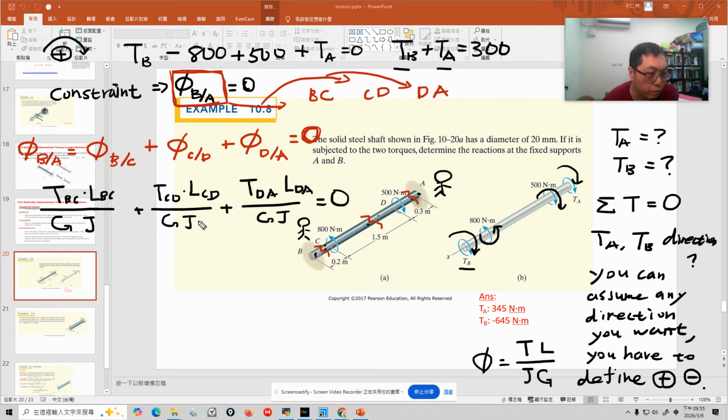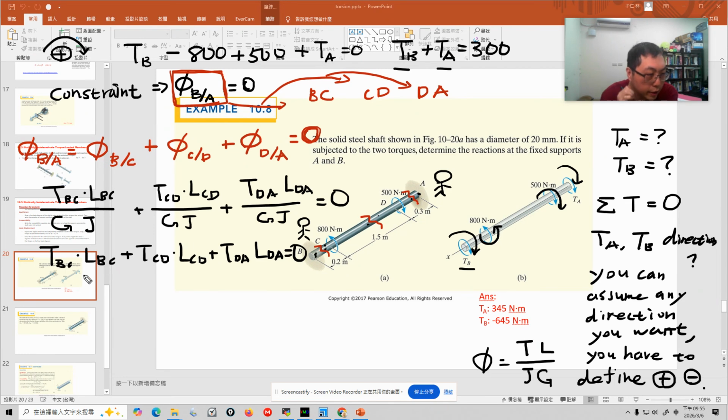Because it's the same material, the whole shape is the same material and the same cross-section area, so everyone has the same G times J. So we can multiply G times J on both sides of the equation, so we will have TBC times LBC plus TCD times LCD plus TDA times LDA